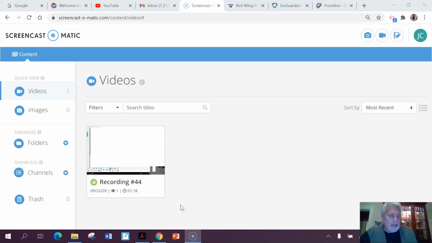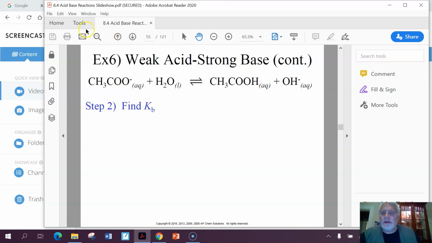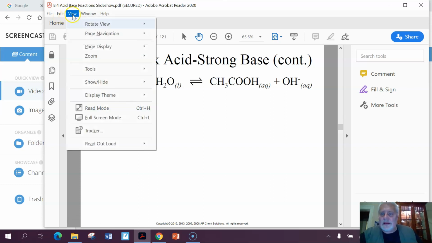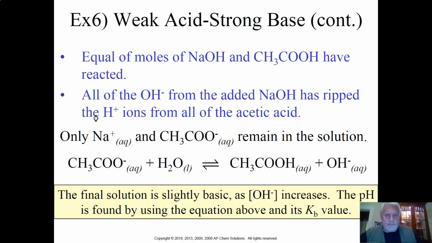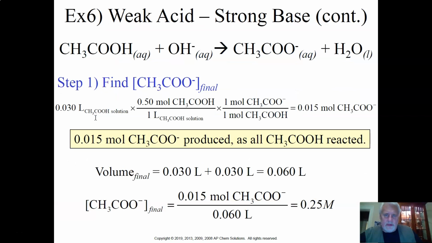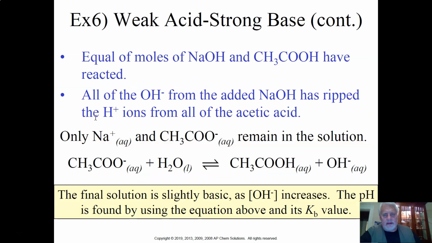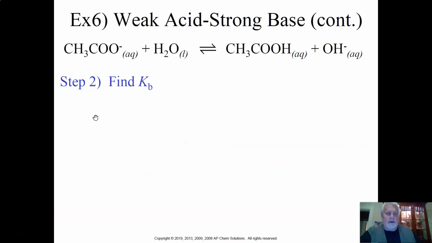Now starting lecture 8.4, number 4 in that series of very intense chemical concepts here. All right, so we left off with just a quick review. First thing we wanted to do was find the acetate, which is the weak acid after it has given up its hydrogen, and we were able to do that with 0.25 molar. And then now, of the rest of that, we have to figure out